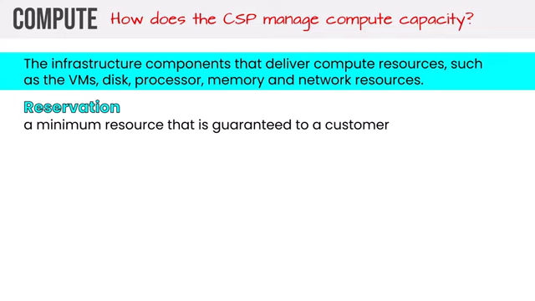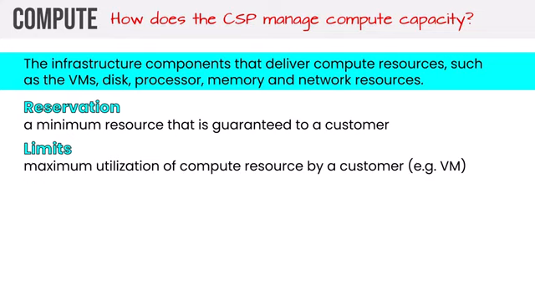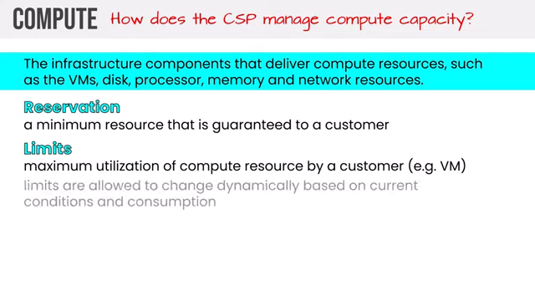Well, reservation is one way, a minimum resource that's guaranteed to a customer. You'll see that in the form of a VM SKU, for example. Limits, maximum utilization of compute resources by a customer. That's handled through a VM SKU. We can set a minimum and a maximum. Limits are allowed to change dynamically based on current conditions and consumption, remembering that a CSP is going to oversubscribe